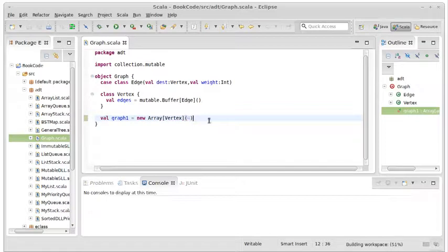So this would make an array of 4 vertices. Of course, we could just do this, an array dot fill of new vertex. Okay, so this would make our graph and it would be empty, and then we could put in code to